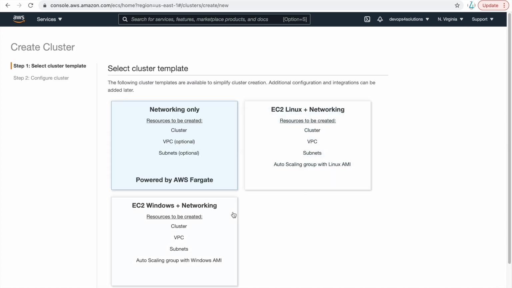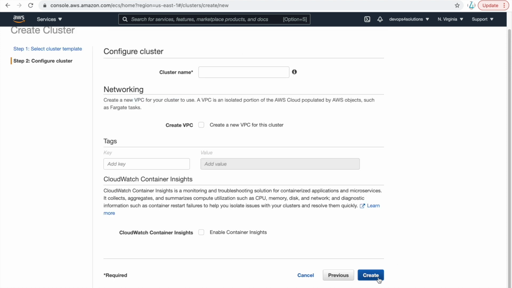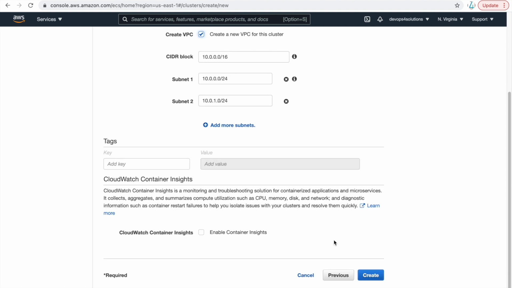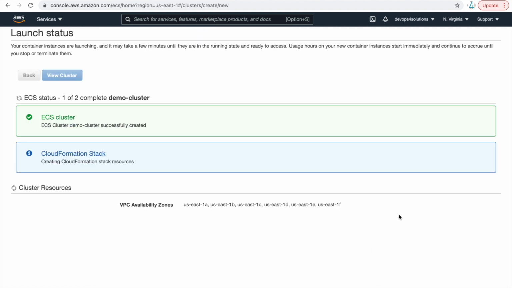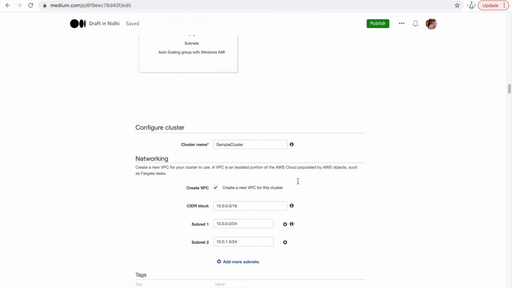Here you can see there are two options, right? I have mentioned the ECS types of cluster. This is EC2 Linux and EC2 Windows. So we will be doing it with Fargate. In that we don't need to do anything. So just click on next step. You can put demo cluster, and you have an option of create a VPC, and here you can see all the options automatically selected, and just create it. That's all you have to do. At the back end, it is actually running a CloudFormation stack. Okay. So once the ECS cluster is done, it's up and running.